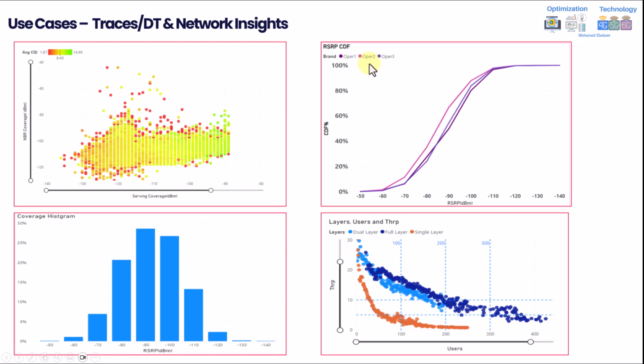For example, this operator 2 was much better than the other two operators in terms of coverage, and it was very clear from the CDF, even more clear when you make it a comparison with the line chart and so on. And for example, this scatter chart can help you to identify your layering strategy. For example, in this particular area, you can see that the CQI starts to degrade after the level of minus 110. And actually, this gives an indication for your tuning that you need to start